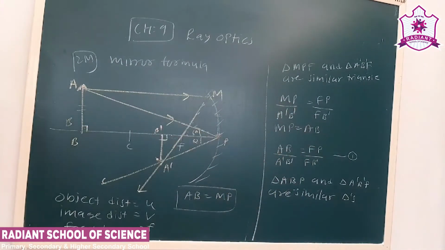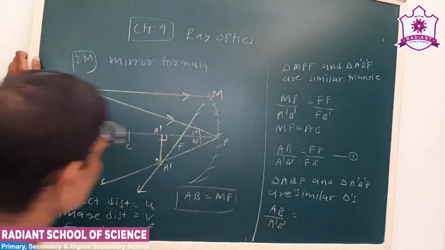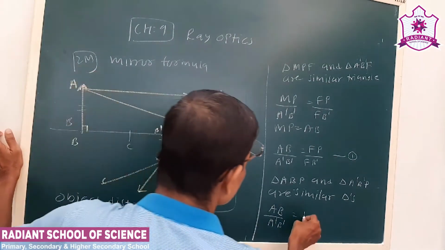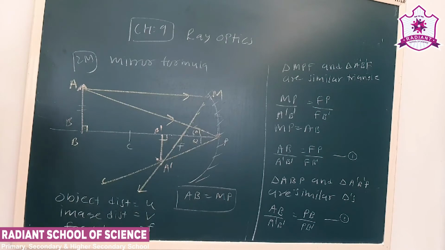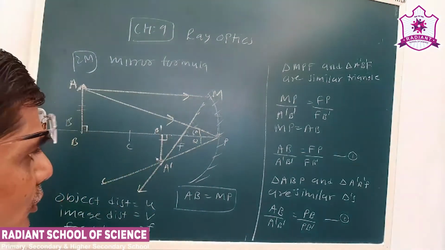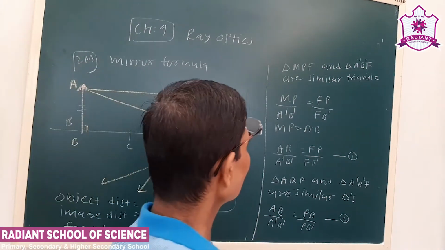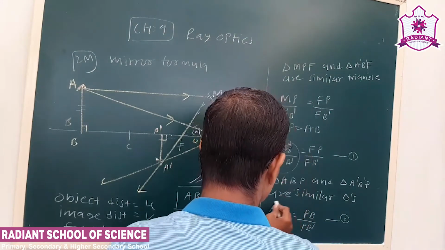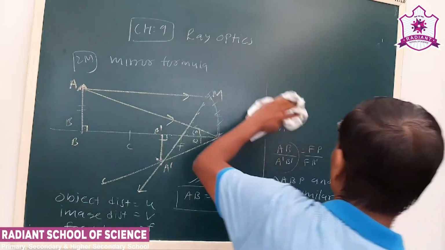Okay, so if the triangles are similar, we can again take sides in ratio. So we can say AB upon A'B' is equal to PB upon PB'. So triangle ABP and A'B'P are similar triangles, and again when the triangles are similar, sides are in ratio. So AB upon A'B' is PB upon PB'. Now if I compare this equation, the left hand side is equal. So if I compare equation 1 and 2,